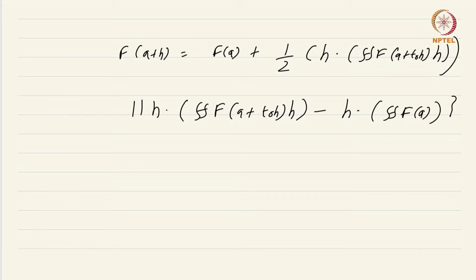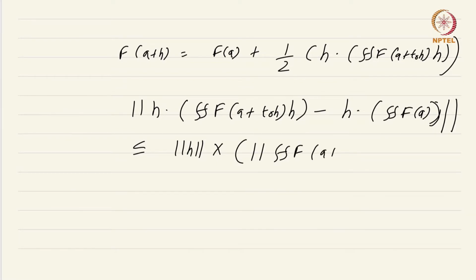So this is solely to determine how much of an error I am making by replacing the term a plus t naught h inside the Hessian by just a. So I want to analyze this term. Now what I do is, first I notice that I can take the dot product outside and then apply Cauchy-Schwarz. I can say this is less than or equal to norm h times this difference of Hessian of f at a plus t naught h acting on h minus